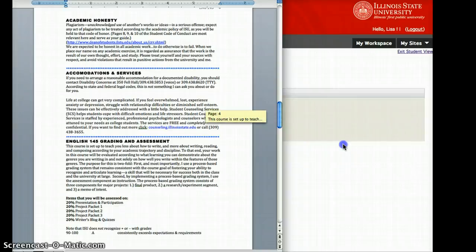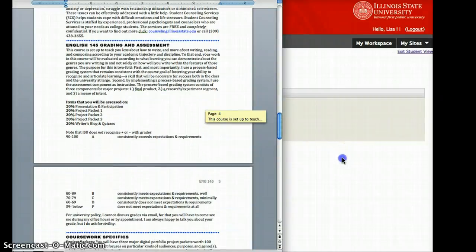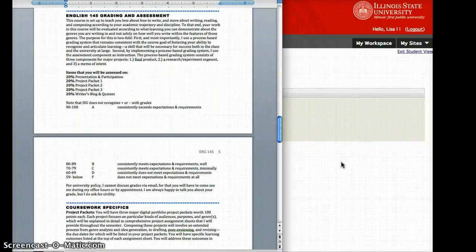For English 145, I also have the grading and assessment policies, so you understand what you're supposed to do and what I'm going to ask of you this semester. You'll be assessed on participation and presentation. You have 3 major projects, and you have writers, blogs, and quizzes, and you can see the percentage breakdowns. And I usually do those by points, so you know what each thing is worth at that time. I do hand out detailed assignment sheets so you have more information,